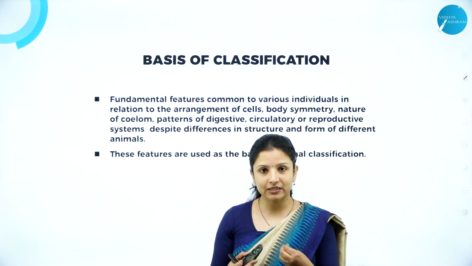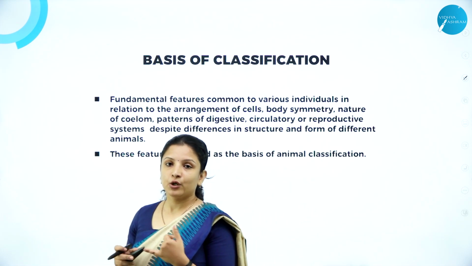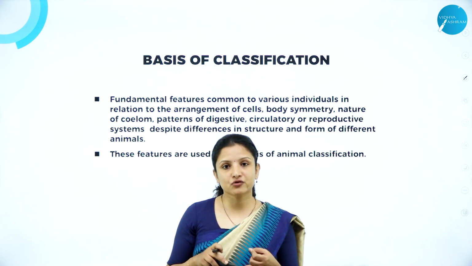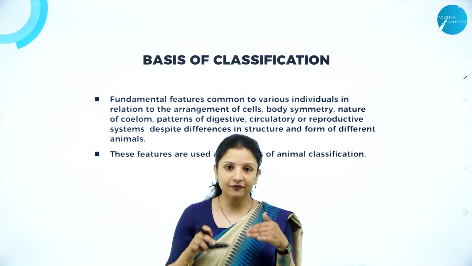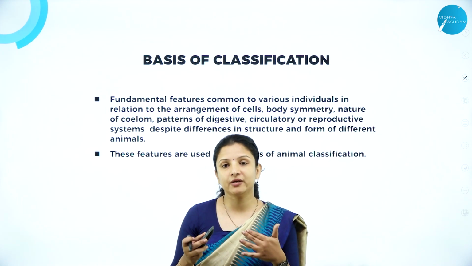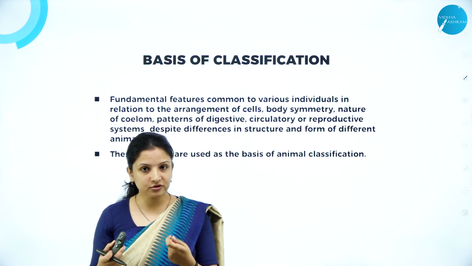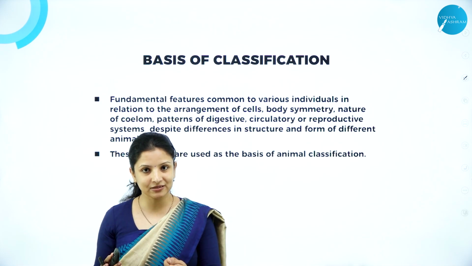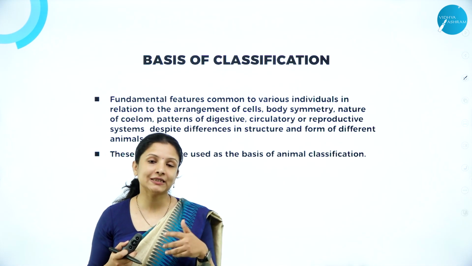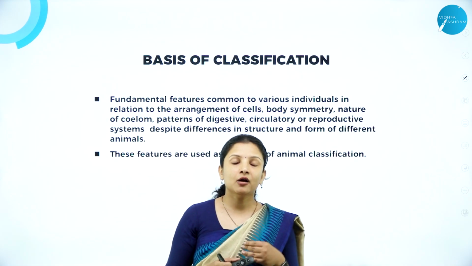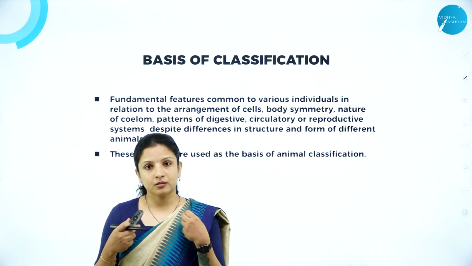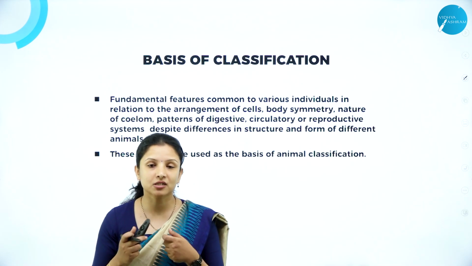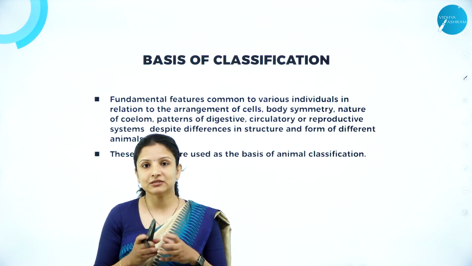Based on some categories, for example, if it is plants, we looked into the habitat of the plant, the plant body. Does it have true roots, true stem or true leaves? And if they have true roots, true stem or true leaves, we went on to look at whether they produce flowers or do not produce flowers. And we looked at whether they have seeds which are covered by ovary or seeds which are naked. So based on all that, and also based on the mode of nutrition and how they grow,